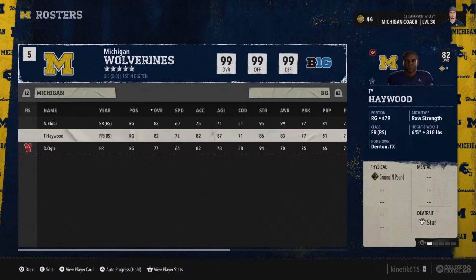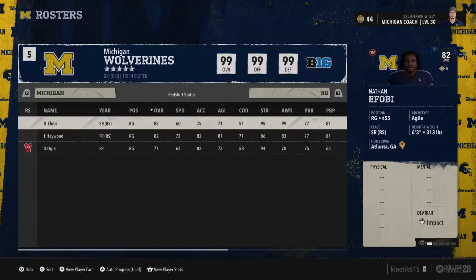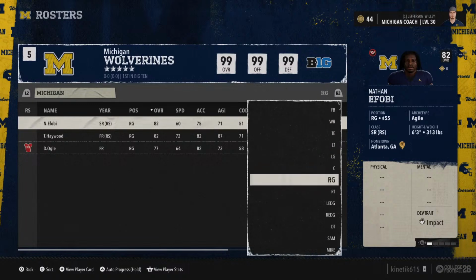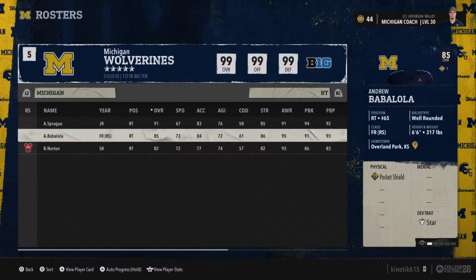Now, in the depth chart, you will actually see Evan Link, who is listed as left guard here, will start at right guard, and then Afobe will back up at left guard, with Ty Haywood backing up Evan Link at right guard. At right tackle, we've got junior Andrew Sprague, backed up by second-year player Andrew Babalola.